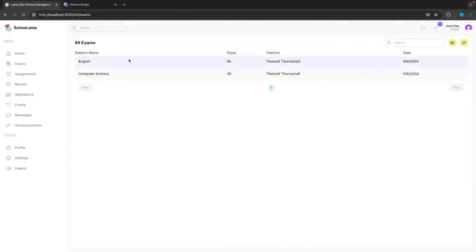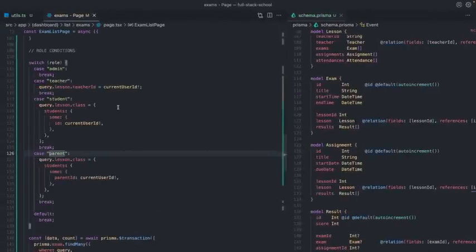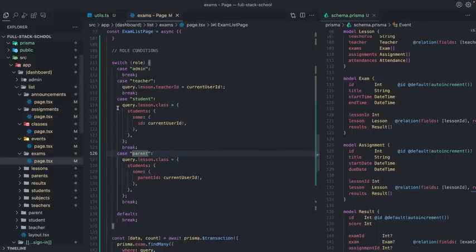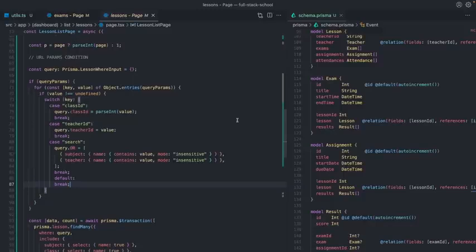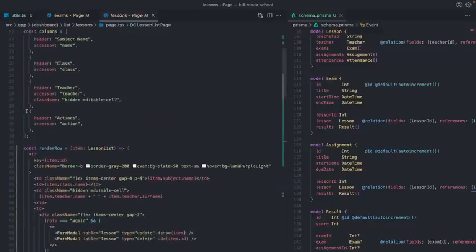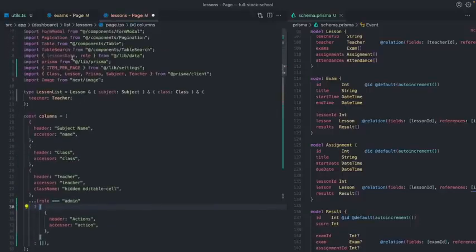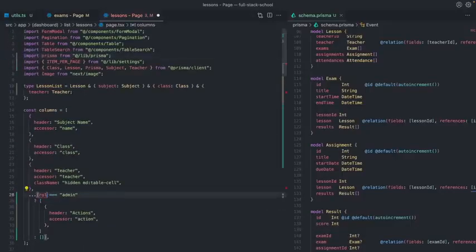We have 2 exams, 3A, 3A, and the next one is lessons. Teachers and admins can see all the lessons, but only admin can add a new one. By the way, let's remove this role and update